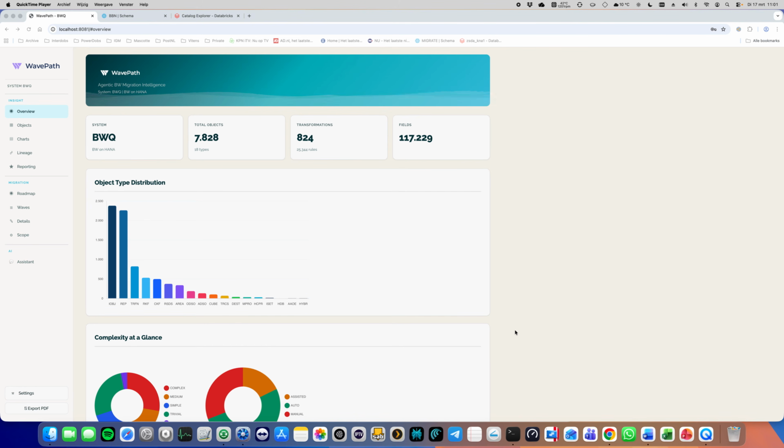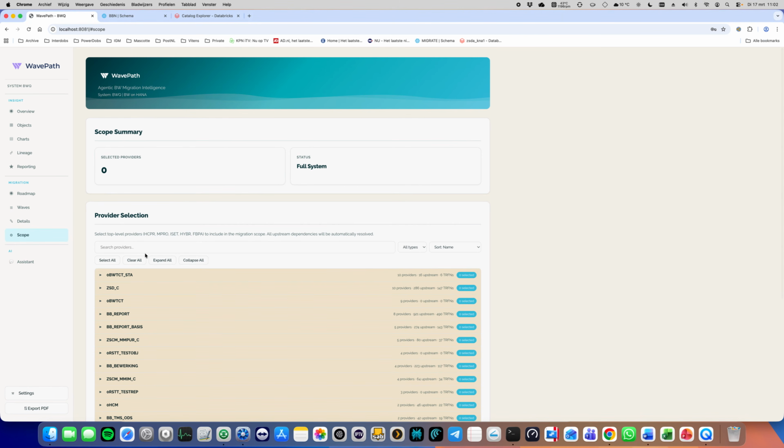I would like to give you some more insights on WavePath. We already have an excellent demo which shows the workflow, but what I want to deep dive into today is the reporting part and also the push to Datasphere, because that's also part of the package. We have a couple of ways to migrate your scope into a data